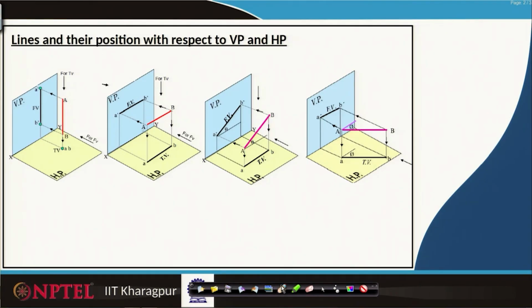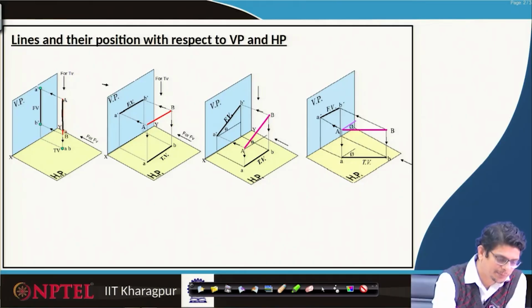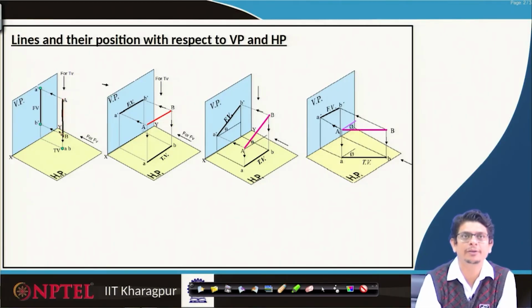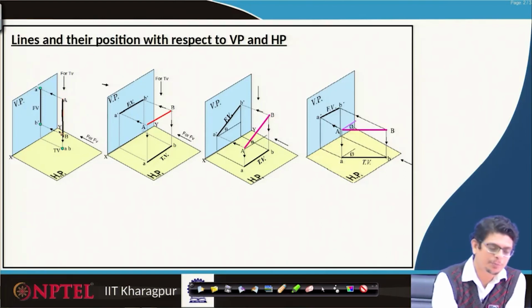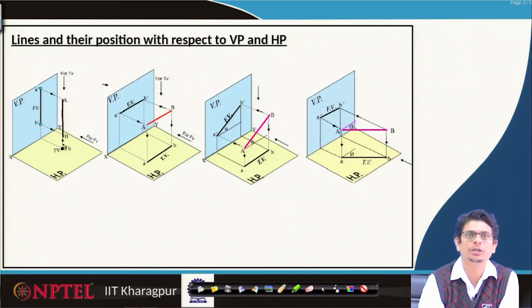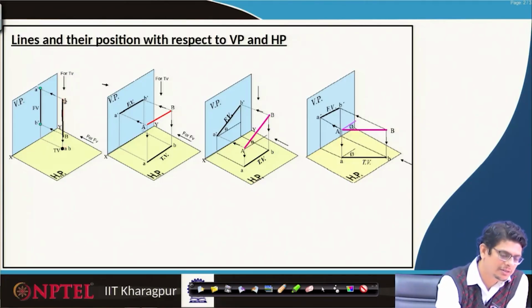One of the lines, if it is perpendicular to the horizontal plane, the projection of this entire line on the horizontal plane will be a dot point, whereas the projection of this line which is parallel to that vertical plane, we will see it as a true length line,